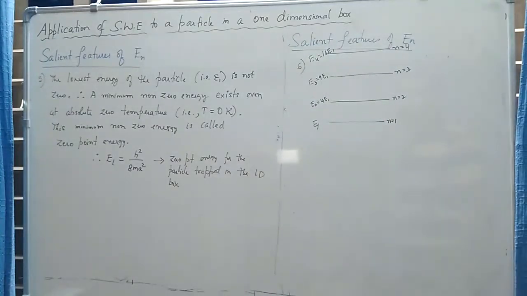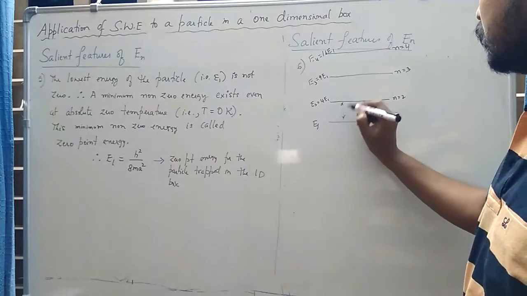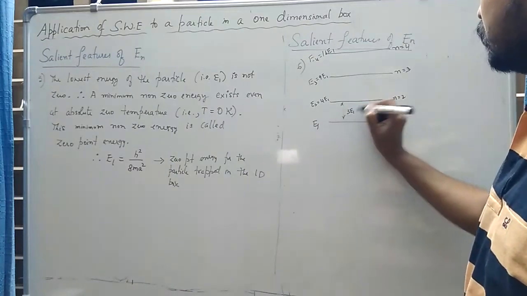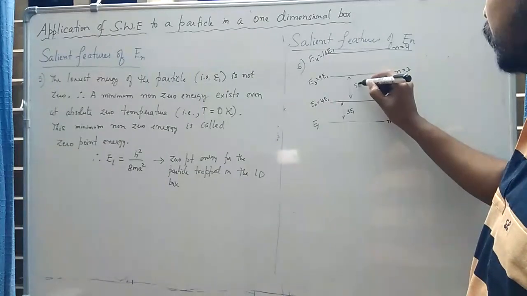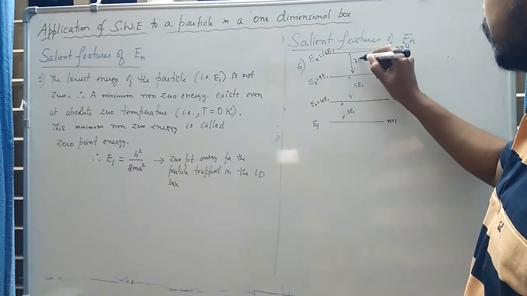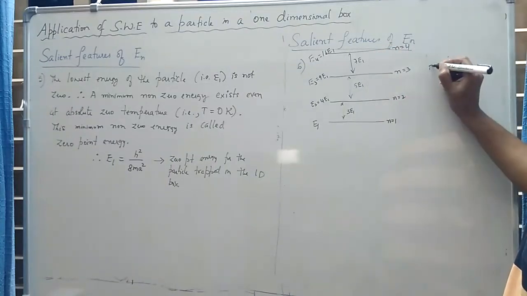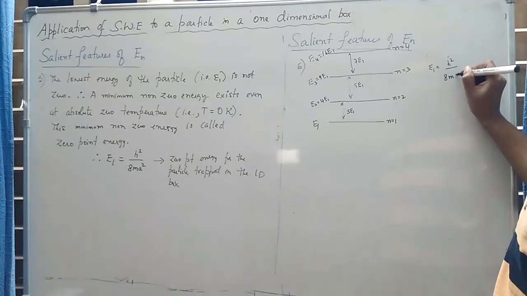And the spacing between them, the energy gap here is 3E1, here the gap is 5E1, here the spacing is 7 times E1, where E1 is h square divided by 8ma square,